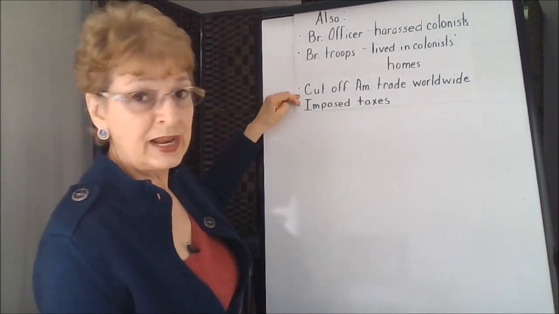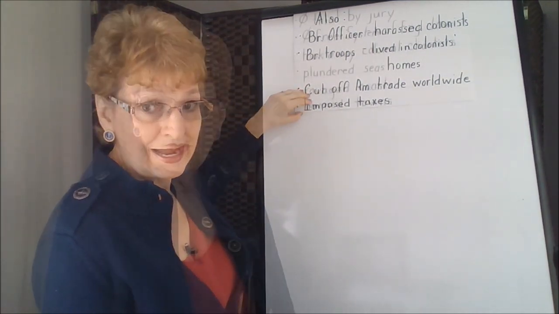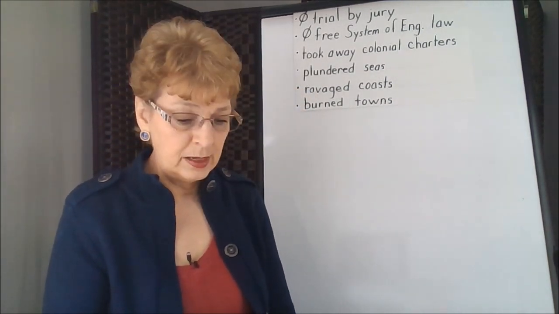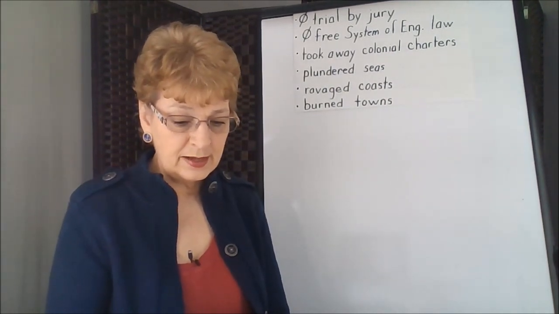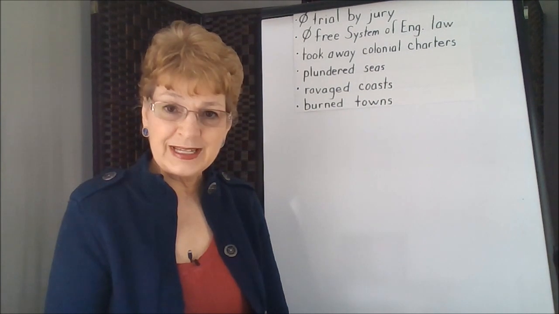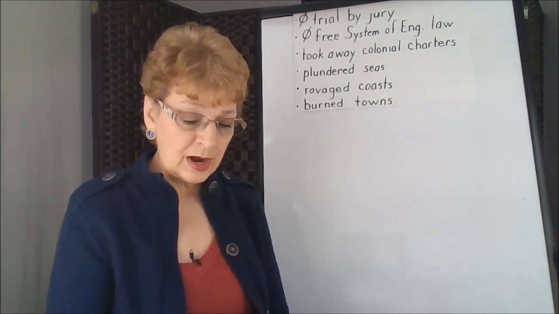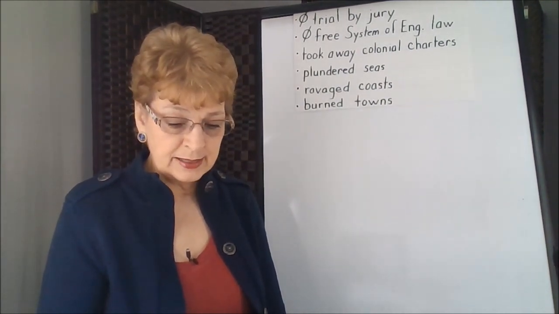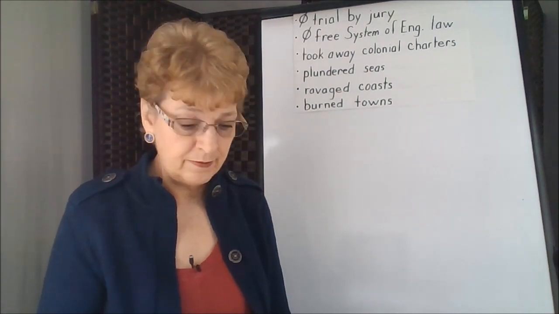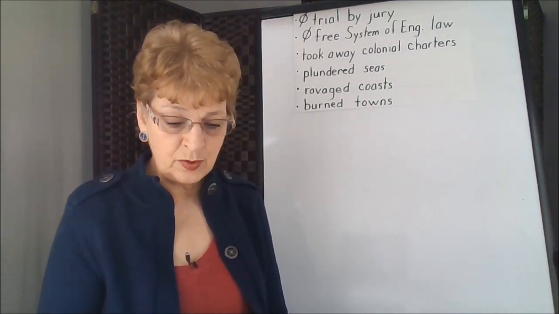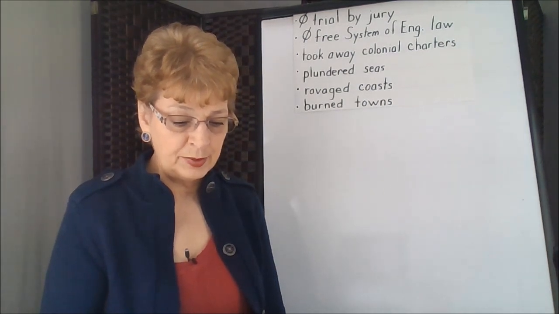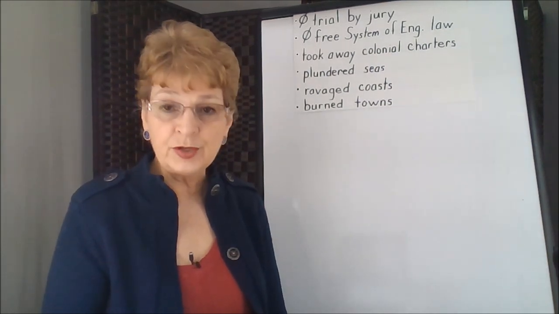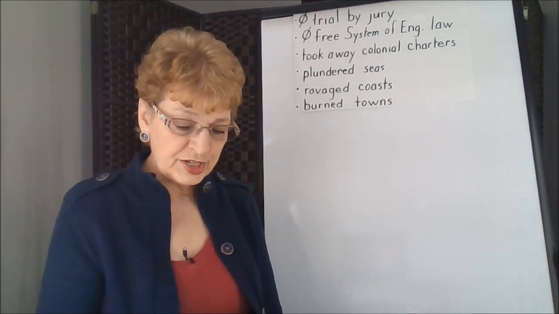He cut off American trade worldwide, and he imposed taxes for depriving us, in many cases, of the benefits of trial by jury, for transporting us beyond seas to be tried for pretended offenses, for abolishing the free system of English laws in the neighboring province, establishing therein an arbitrary government, and enlarging its boundaries so as to render it at once an example and fit instrument for introducing the same absolute rule into these colonies,